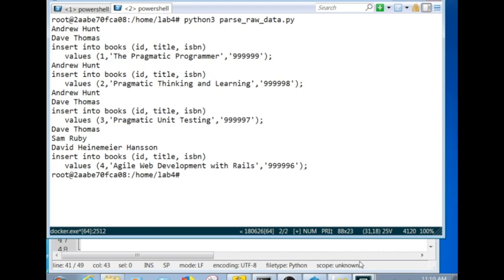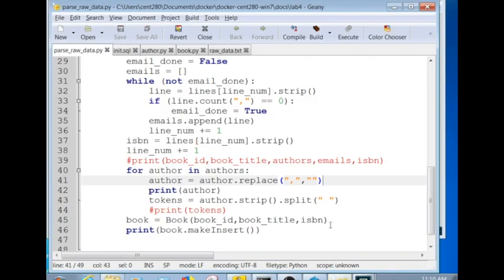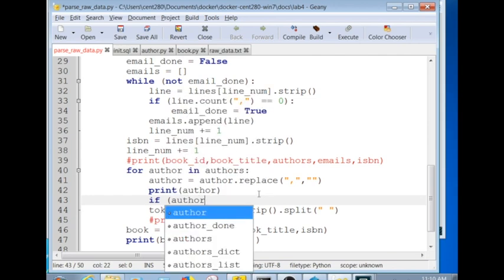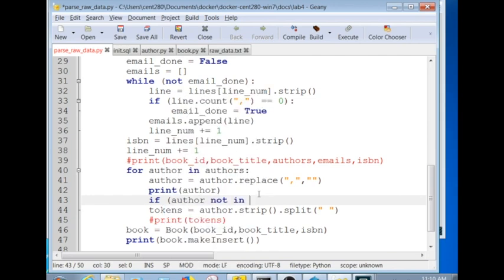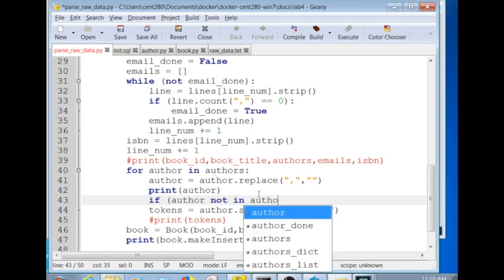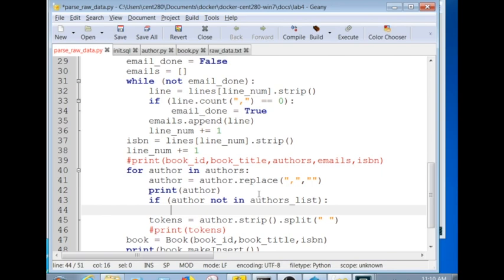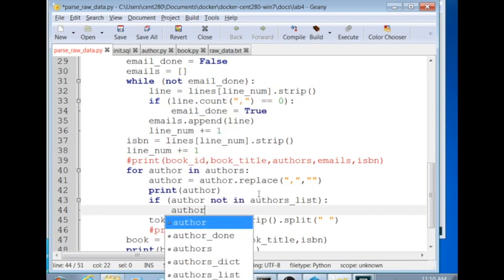Okay, so that's all I'm trying to do, not trying to solve the whole problem. Try to solve too much at once, that's when we're going to run into trouble. So now that I'm getting the author without a comma, I'm going to say if author, which has been cleaned up, is not in authors_list, that list, the main list that doesn't get wiped out each time through the while loop, but it's the list that lasts throughout the whole program, okay, then what I want to do is